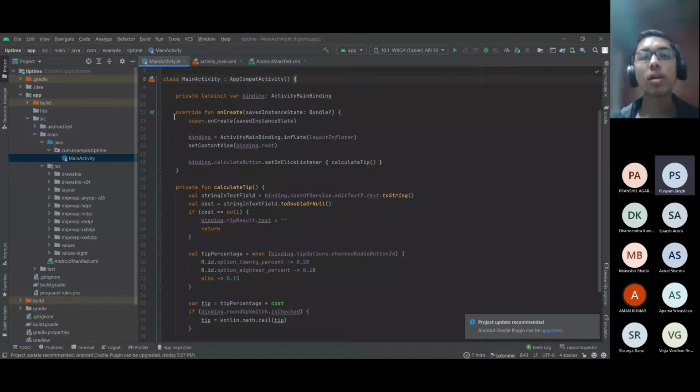So override fun onCreate. Fun is basically how you define a function, and onCreate is the function name, right? And then after that we have our savedInstanceState bundle, which is the argument. You don't have to worry about the argument for now. What we're basically doing with override is that we know our AppCompatActivity already has an onCreate function, saying that when this activity is created, you're supposed to call this function.